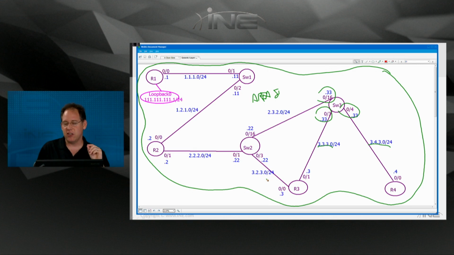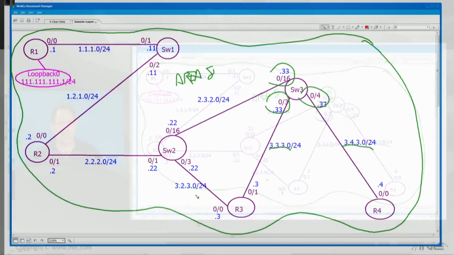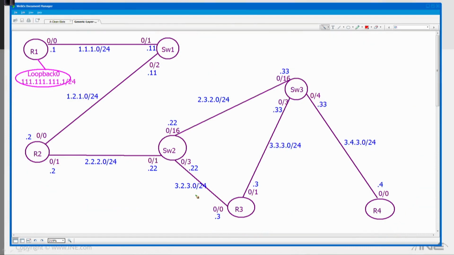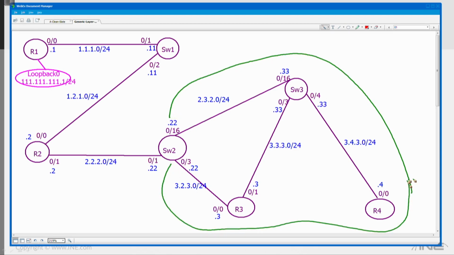So OSPF, the designer said, we're going to give you a way to avoid unnecessary CPU computations in that type of topology. Here's what we're going to do. What you can do is you can take your topology, and instead of putting all of it in one area, you can divide it up into multiple areas. So for example, I could say that all of these links here are in area 8, and all of these links